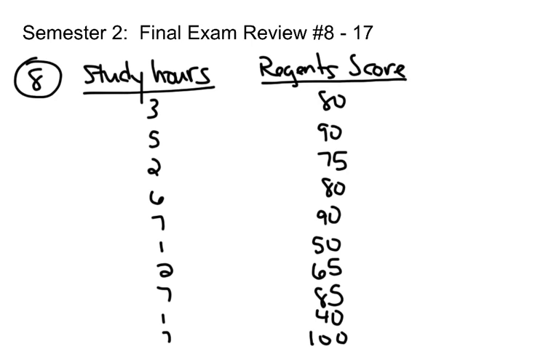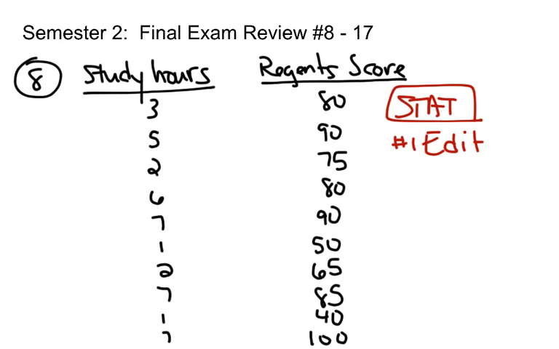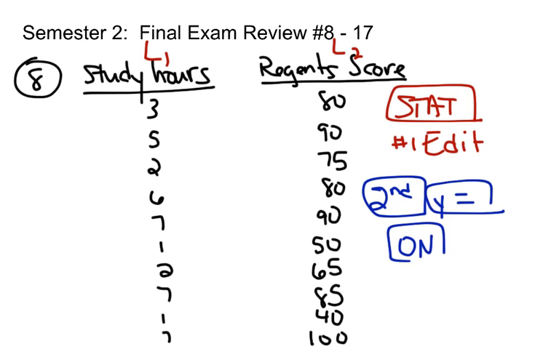Well, what you're going to do is put this data into the calculator under Stat, Edit, which is number 1, and then you'll put this column into list 1 and this column into list 2. There are two things that you can do when you're looking at the correlation. One of them is to do the stat plot. So if you go to second y equals and turn the stat plot on,